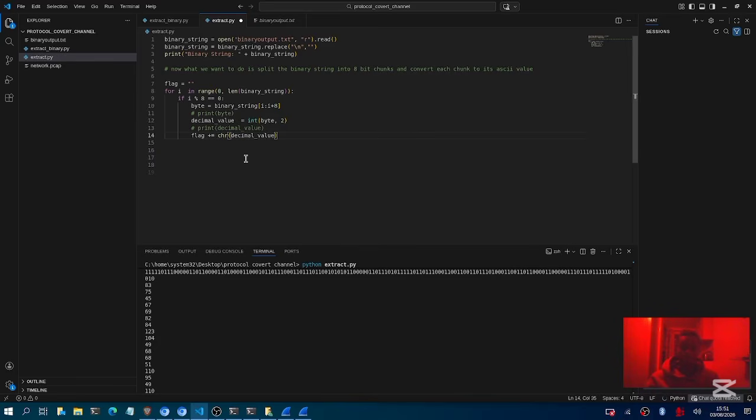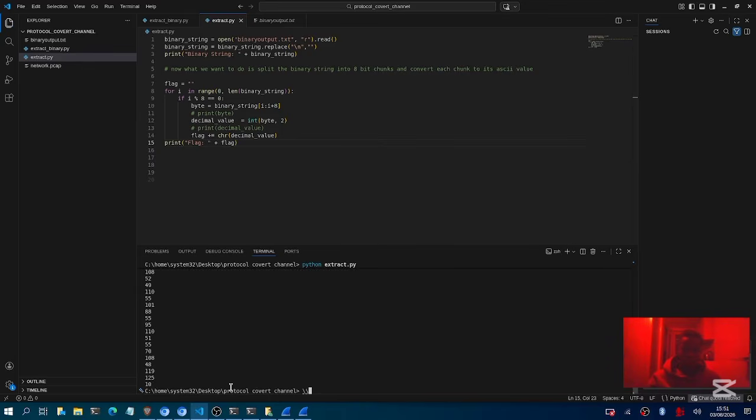So flag plus equals chr of the decimal value, and then after this iteration, we'll come here and print the flag, then save it,